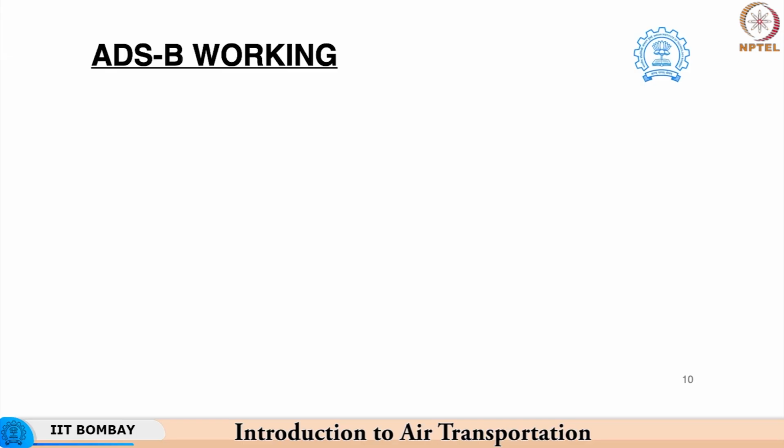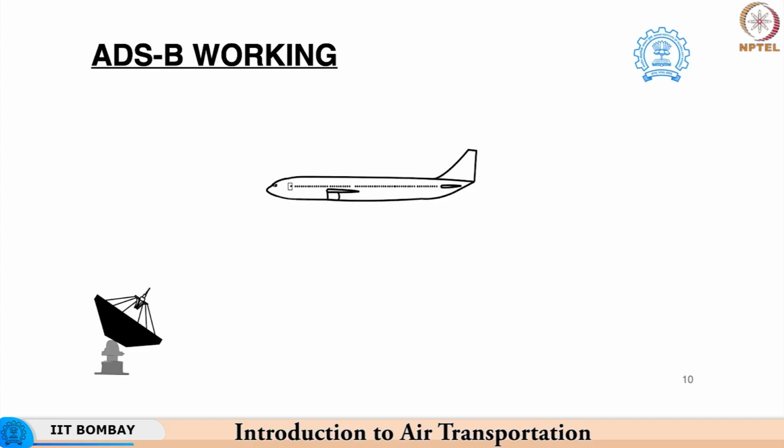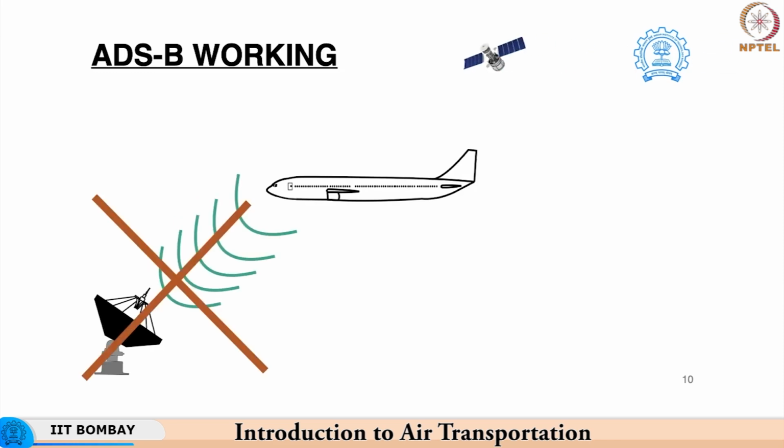Let's understand how the ADS-B system actually works. Primarily, we know that first surveillance was carried out through the usage of radar. So, the radar would send a signal. Based on the interrogation signal, the aircraft would subsequently send a response signal, but an ADS-B system does not include this. It involves the usage of a satellite system, the